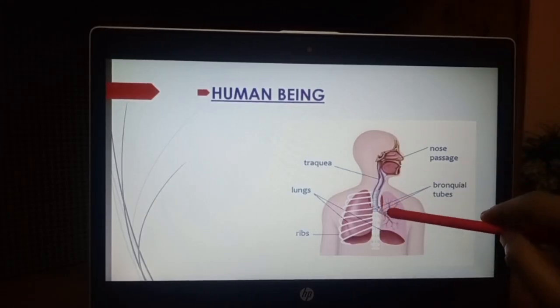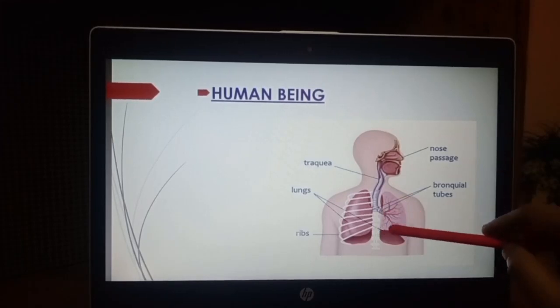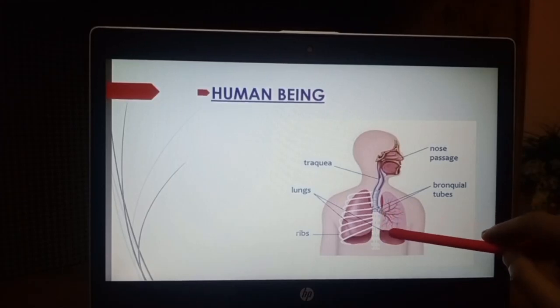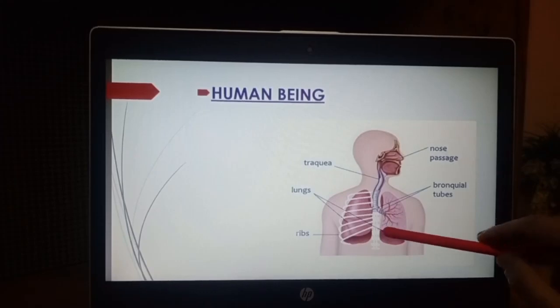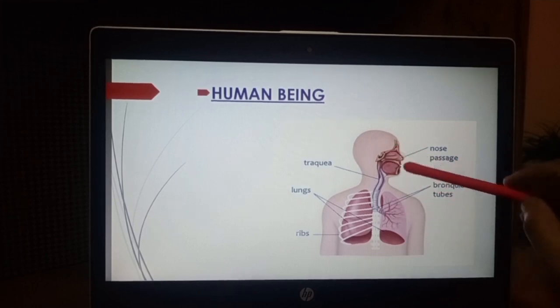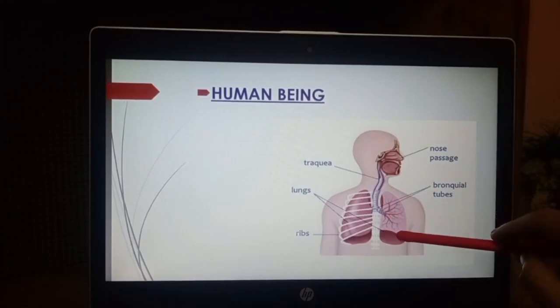And then these bronchus further divides into too many branches. These are called bronchi. Yes, these are called bronchi. And ultimately at the last, these bronchi get connected to our blood capillaries or blood supplies, and through these blood capillaries the inhaled oxygen gas gets mixed to our blood, and the gas that is